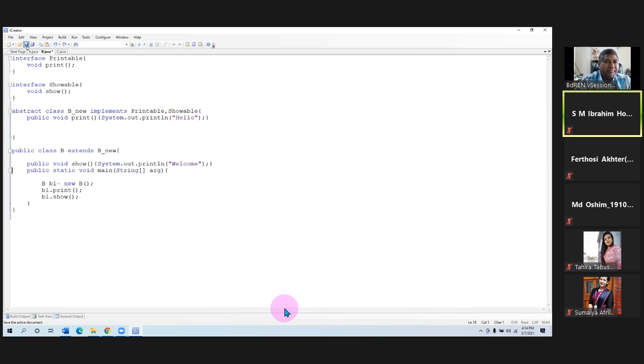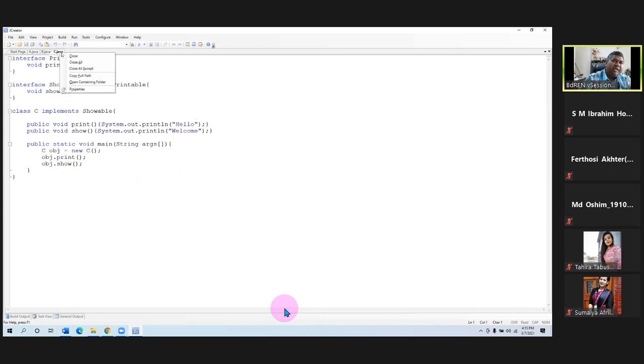Now we understand what an interface is, how a class can implement an interface, how an interface can inherit from an interface, how we can create an object of the class, how the abstract class will behave, and how we can connect the abstract class with the child class and call the methods. That's the things we learned so far. Now we are going to learn about